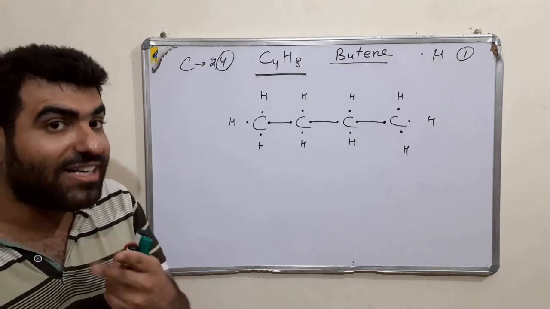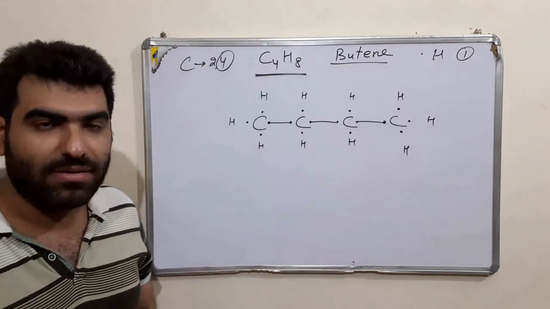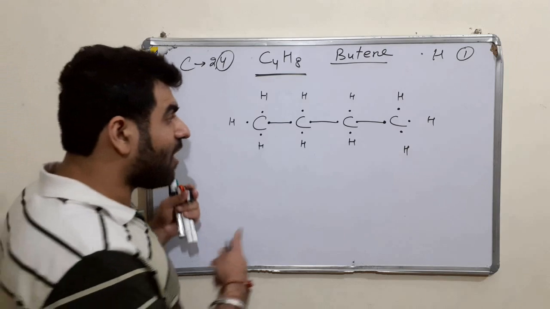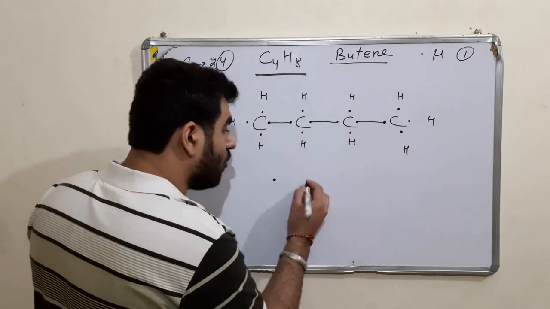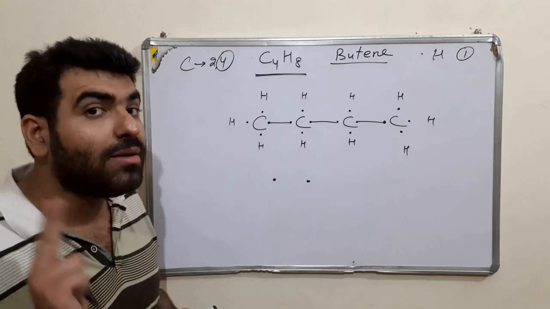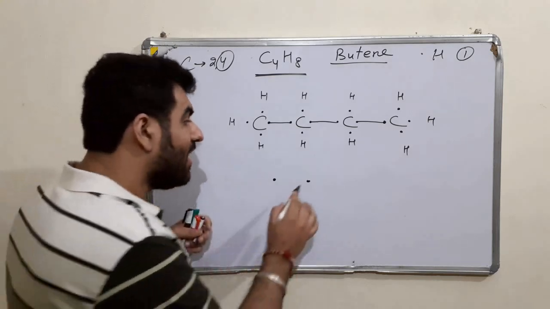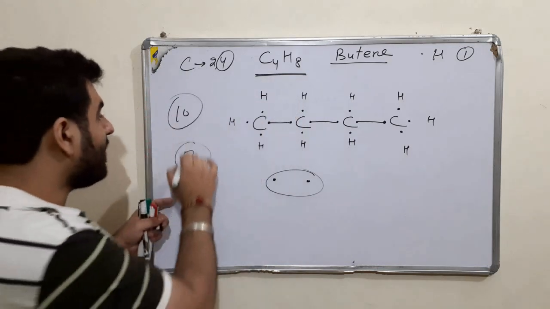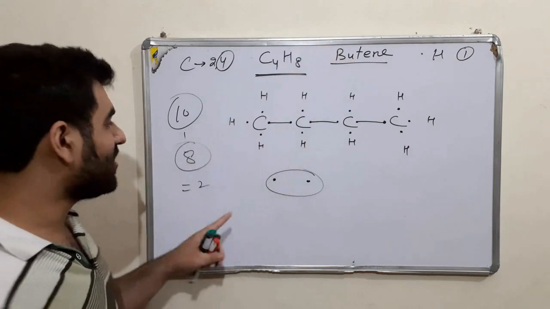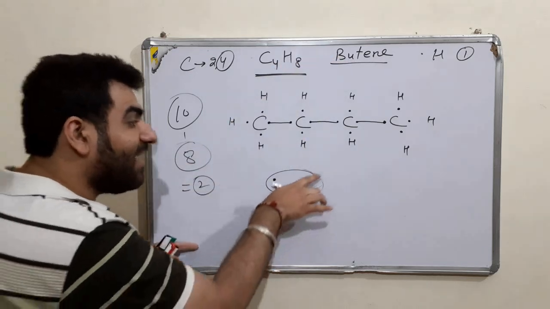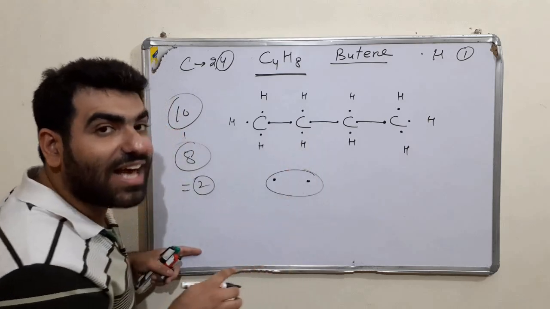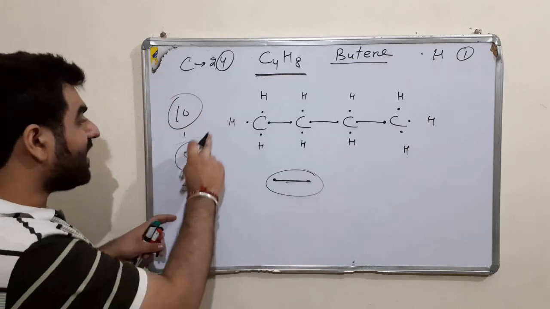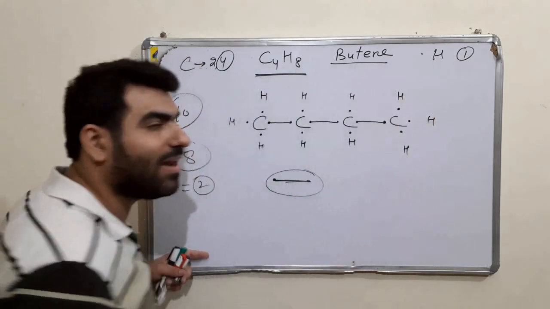There will be a formation of a double bond in between any of the carbon. Draw a double bond in between any of the carbon. So if there is a formation of one more bond, it requires 2 electrons. How many hydrogen do we now have? 10. How many do we want? 8. 10 minus 8, 2. Each hydrogen will be having 2 electrons. And if those 2 electrons, which are in excess in carbon, are adjusted in the formation of a bond, that means we only require 8 electrons to stabilize our structure.